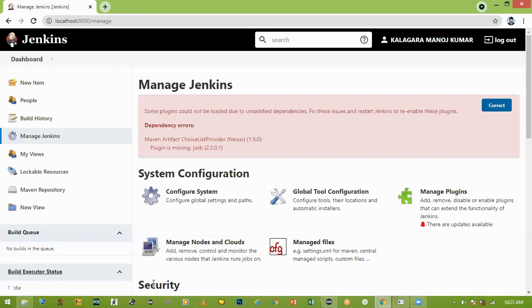POM file. So go to the dashboard. Where is that dashboard?